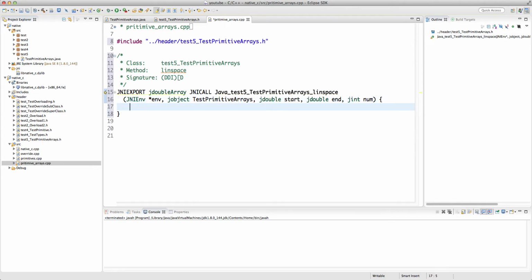I know that the number of elements is num, so I'm going to create a jdouble array, let's call this c array, and then the length is num. Basically, create a jdouble dx equals end minus start divided by num minus 1. Okay, so this is our delta x, and then for int i equals 0, i less than num, i plus